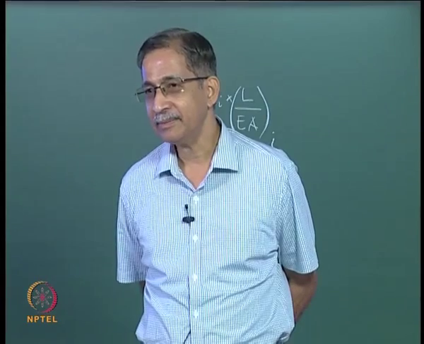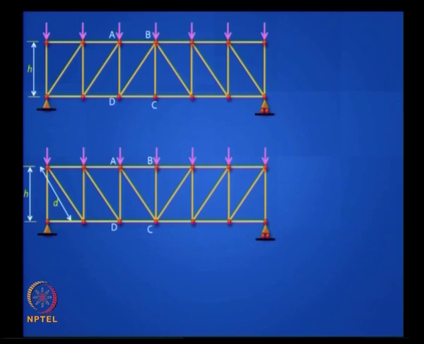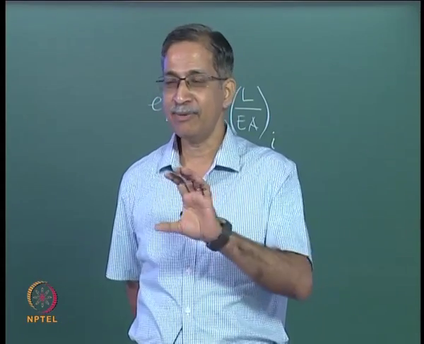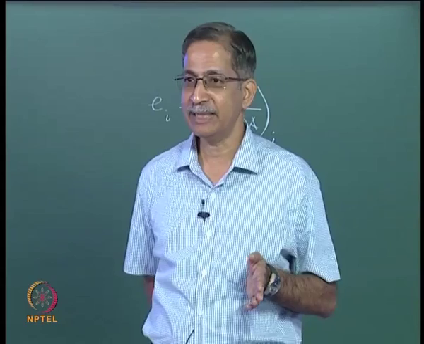When you cut the beam at any place, the reaction at the left side support is upward. So the shear acting where you cut will be downward. The member there, as it is aligned downward, will be having a tension. So in the second truss, the diagonal members will be in tension, and in the first truss, the diagonal members will be in compression. That you get from the equivalence with the beam when you do method of section.